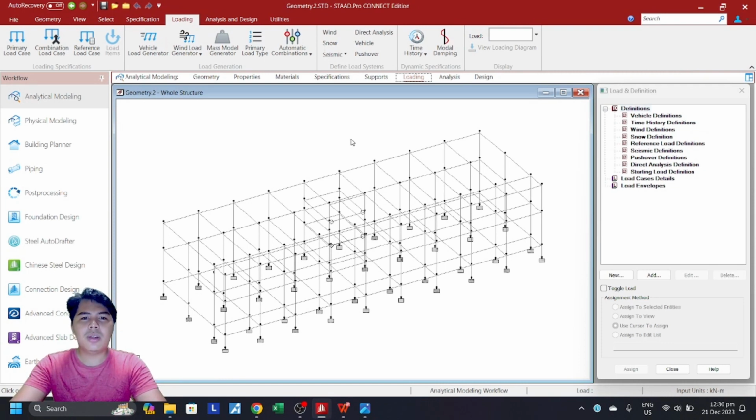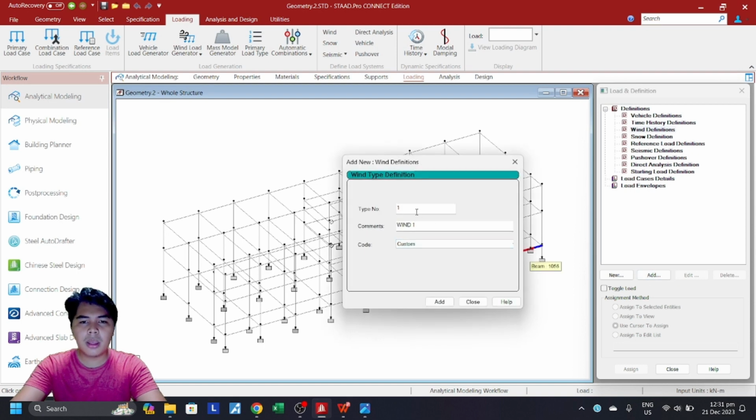Good day, everyone. This is the continuation of the design of structure in STAAD. Today, we're going to be applying loads to our structure. First, we're applying the wind loads. To do this, we're going to loadings, wind definitions, add, type number 1, comments wind X, and code ASCE 7